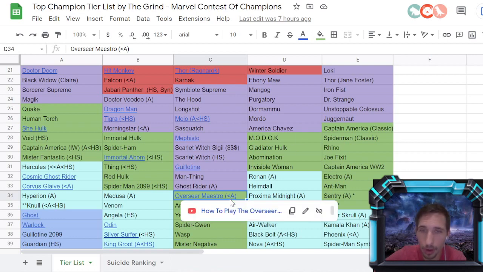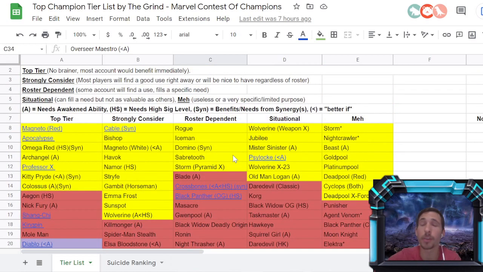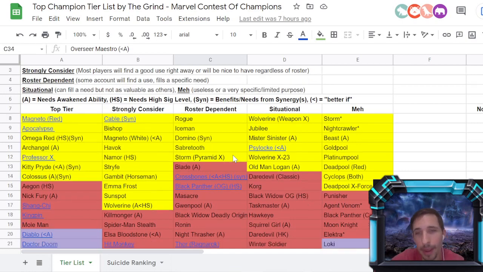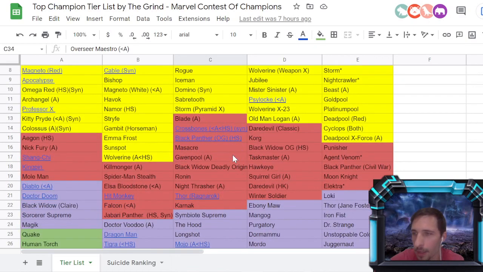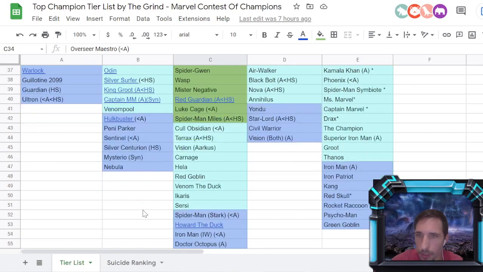But I do have a video on the Overseer to showcase why I think he deserved to be promoted up to the roster dependent tier, because I do think he offers a lot to an account. And he fills several different kinds of needs that might be holding you back in different aspects of the game. And so if you don't have champions to fill those needs, he actually does what he does quite well. I really enjoyed putting that video together, and I would love to have an Overseer myself. Thankfully, the footage was given to me by one of my viewers, so that was very nice of them to share. So he moved up, and then War Machine, I did decide to move...